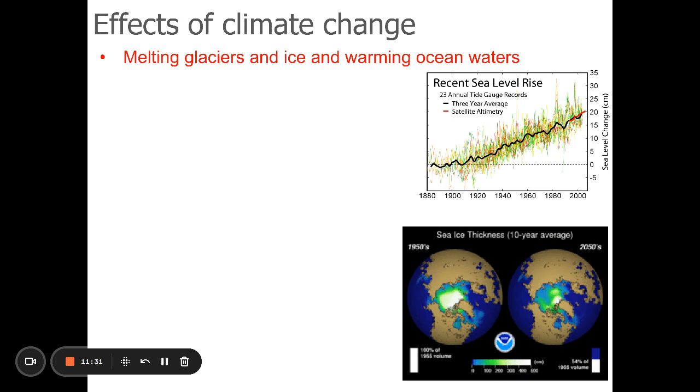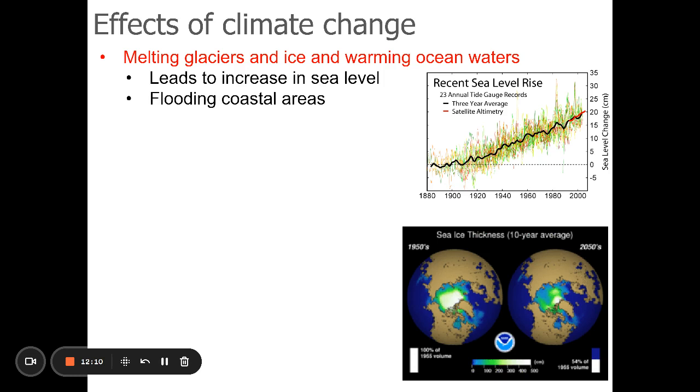As the earth gets warmer, one thing that happens is the glaciers and polar ice caps melt, right? The North Pole and the South Pole are covered in ice currently. But as the earth warms, that ice starts to melt. And that does a couple of things. One is it leads to a rise in sea level. Ice that's on top of land, as it melts, that water eventually ends up in the oceans. And that causes the level of oceans to rise.